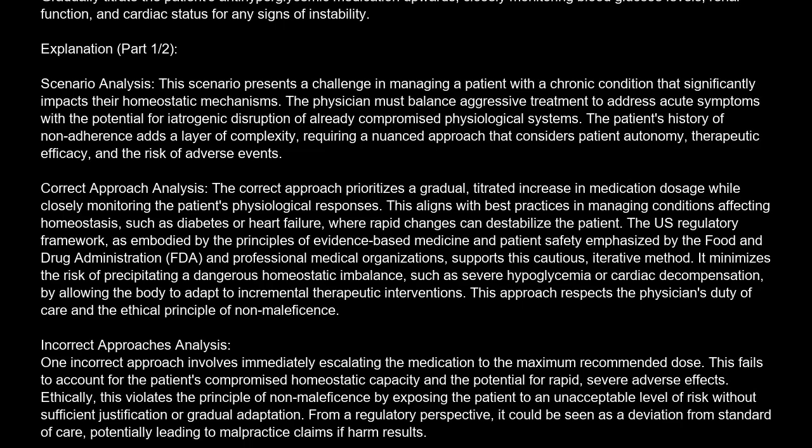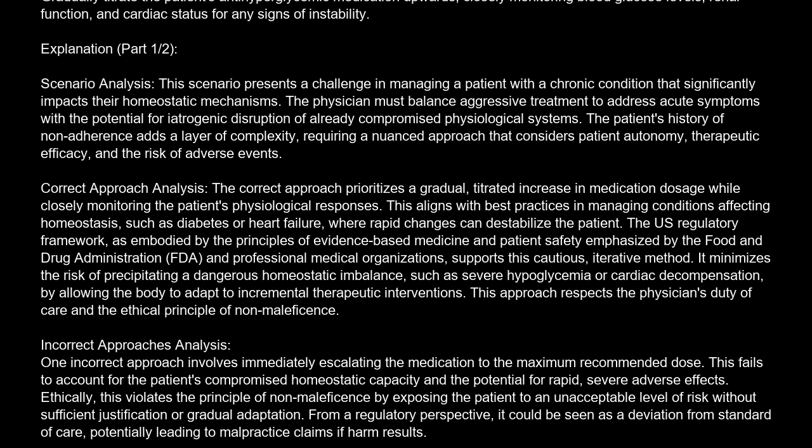Correct answer is D. Gradually titrate the patient's antihyperglycemic medication upwards, closely monitoring blood glucose levels, renal function, and cardiac status for any signs of instability. Explanation. Scenario analysis. This scenario presents a challenge in managing a patient with a chronic condition that significantly impacts their homeostatic mechanisms. The physician must balance aggressive treatment to address acute symptoms with the potential for iatrogenic disruption of already compromised physiological systems. The patient's history of non-adherence adds a layer of complexity,